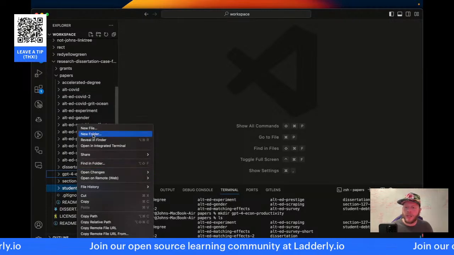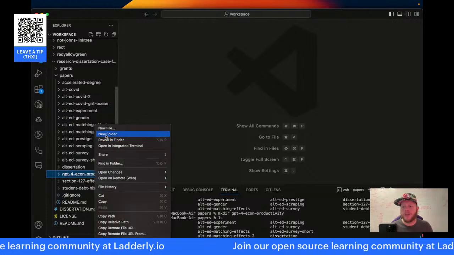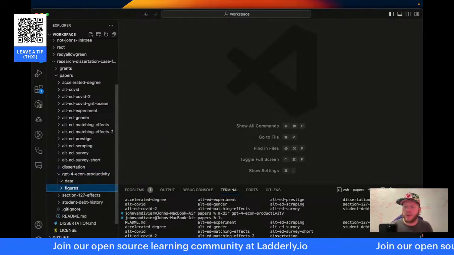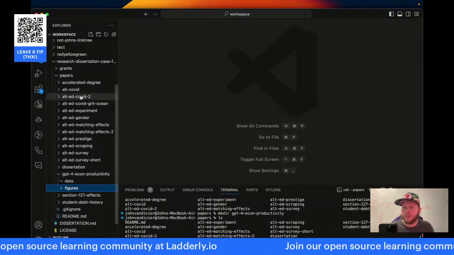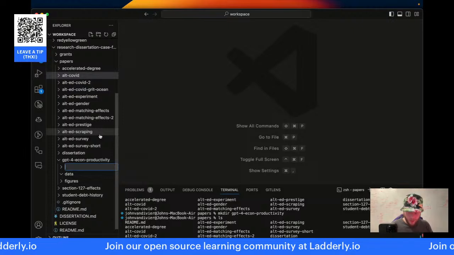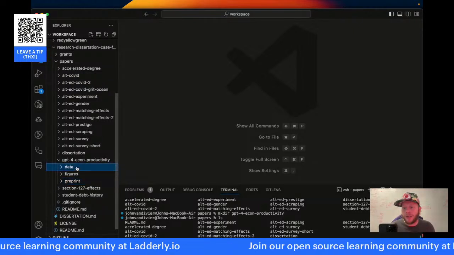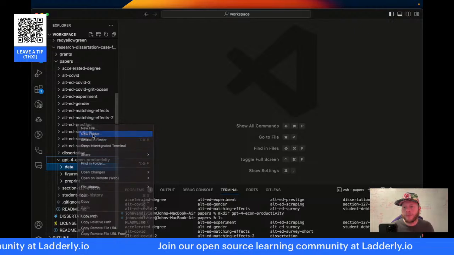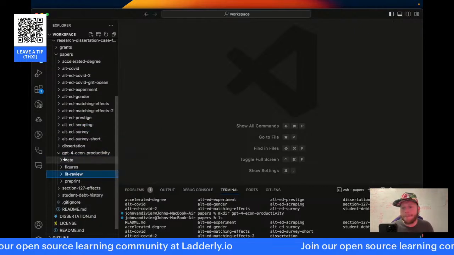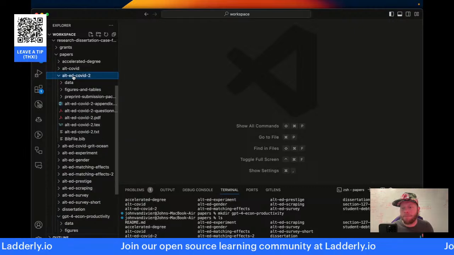Okay, so here we'll make a data folder, and that's going to include data files and also their analytical files, so the scripting like Python. We'll have a figures folder where illustrations go. What was the other? Preprint. Data, figures, preprint, and lit review. I think that looks good to me.